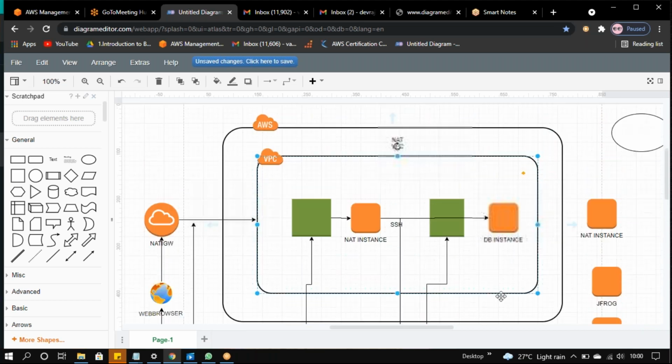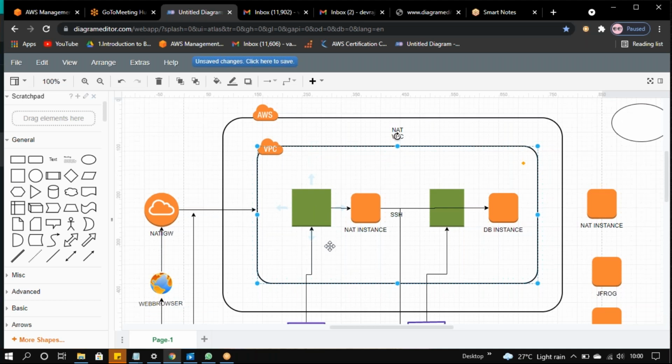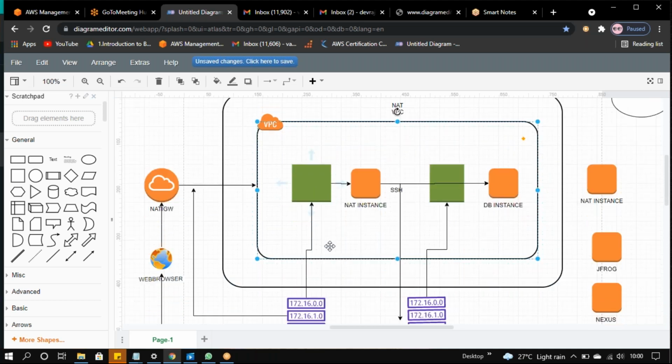I'll tell you about the NAT gateway, VPC peerings, VPC flows, VPC endpoints, VPC logs, and VPC peering between region to region. This VPC concept is the heart of AWS.